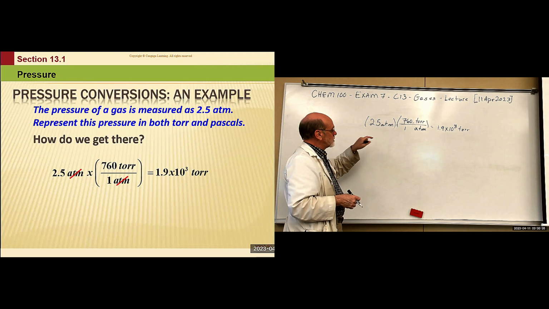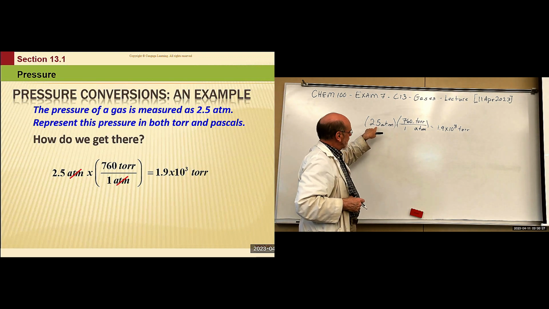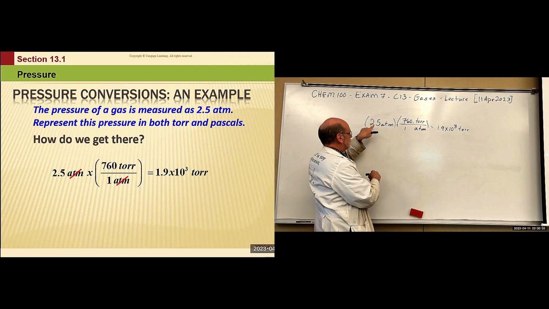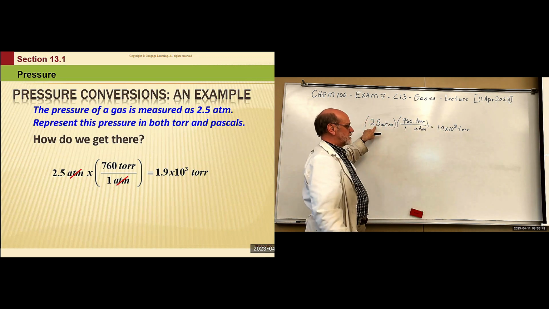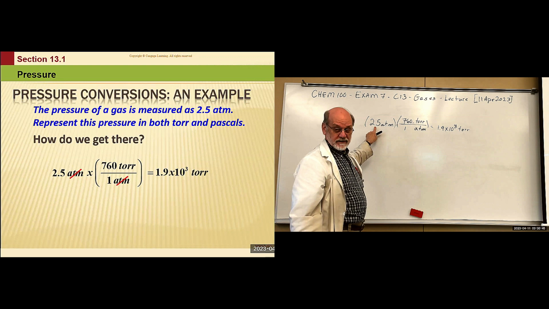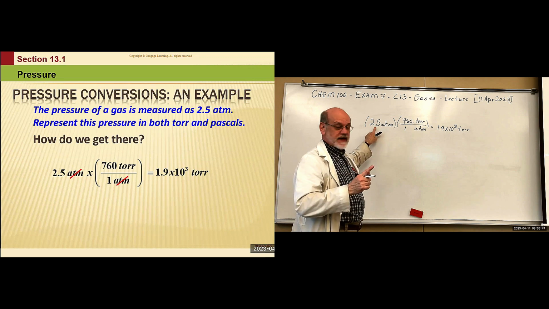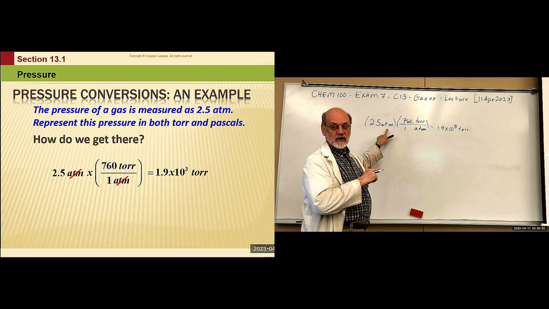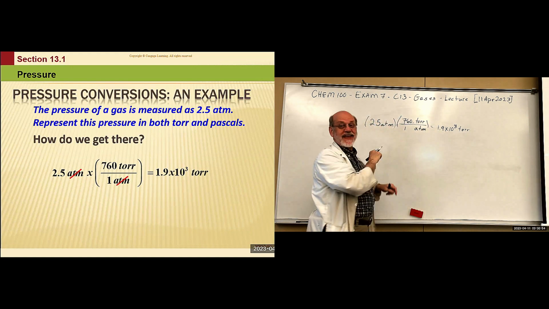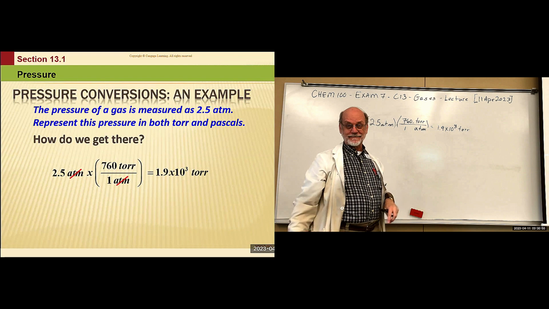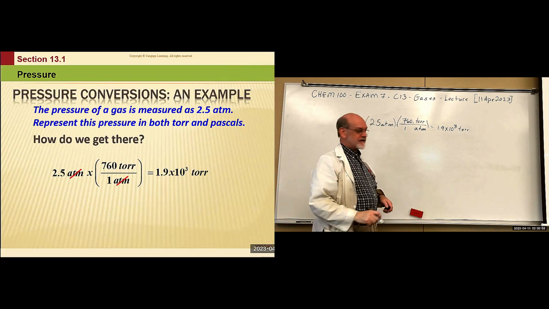Notice also that as the number gets bigger, 2.5 to 1,900, the number gets bigger, that means the unit gets smaller. So the torr is a smaller unit of measure than the atmosphere. Okay. The next one,